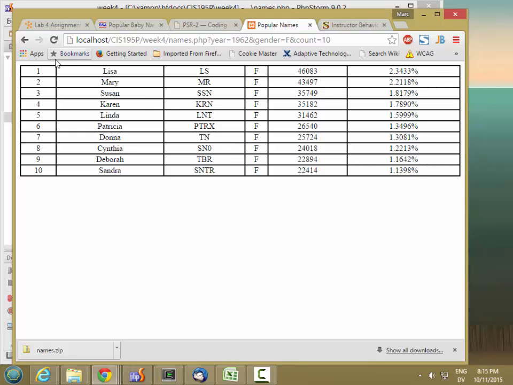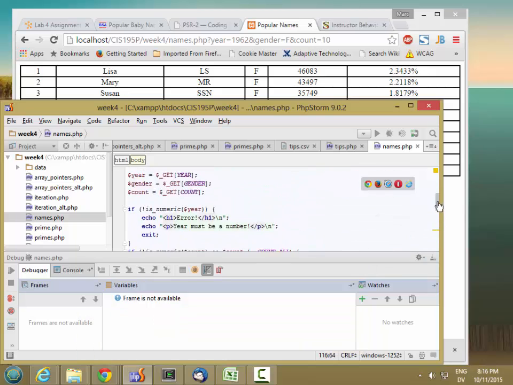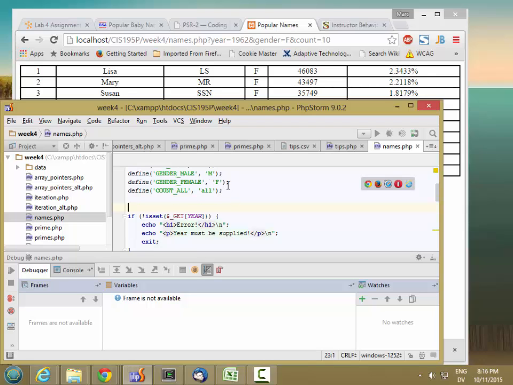I need to add a header for this table, now that I've finished deciding what columns I want. So I want rank, name, metaphone, gender, count, and percent. Let's scooch this down. And since this is exactly the kind of thing I might change at some point in the future, I'm going to go ahead and make an array of those strings, so I only have to change the array. So header is an array that includes rank